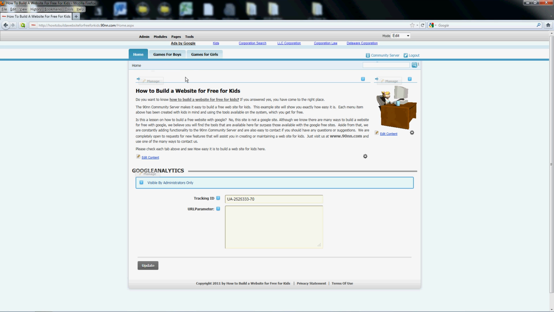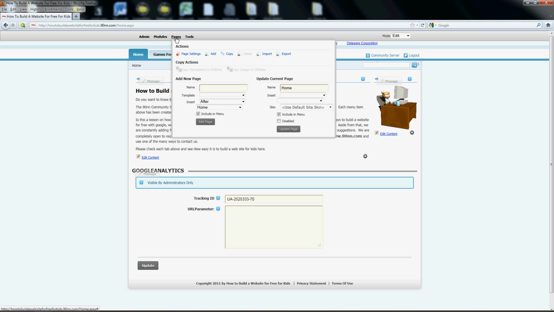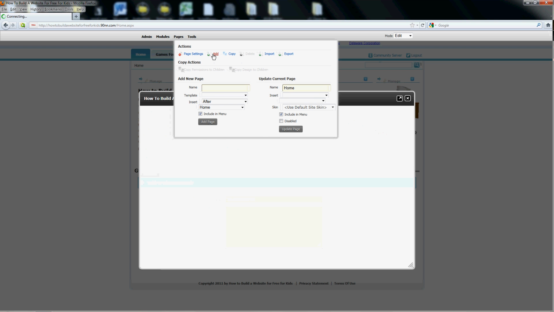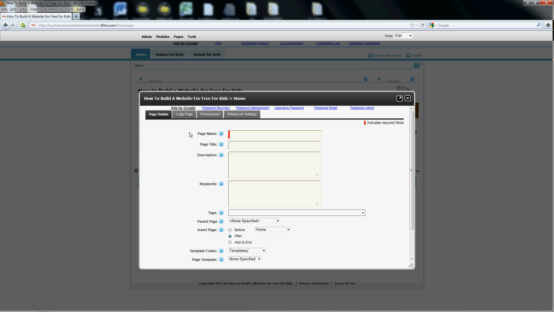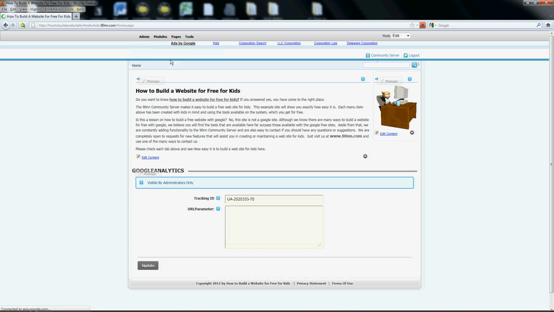Now, how I did that was I simply added a page. I went up and chose and highlighted pages, and then chose Add, and under there I gave it a page name, which is what you see appear up at the top, and the title will appear up in the title up there. And then I said where I wanted it to appear, and I set up my permissions and so on and so forth. Now, if we actually go to Games for Boys,